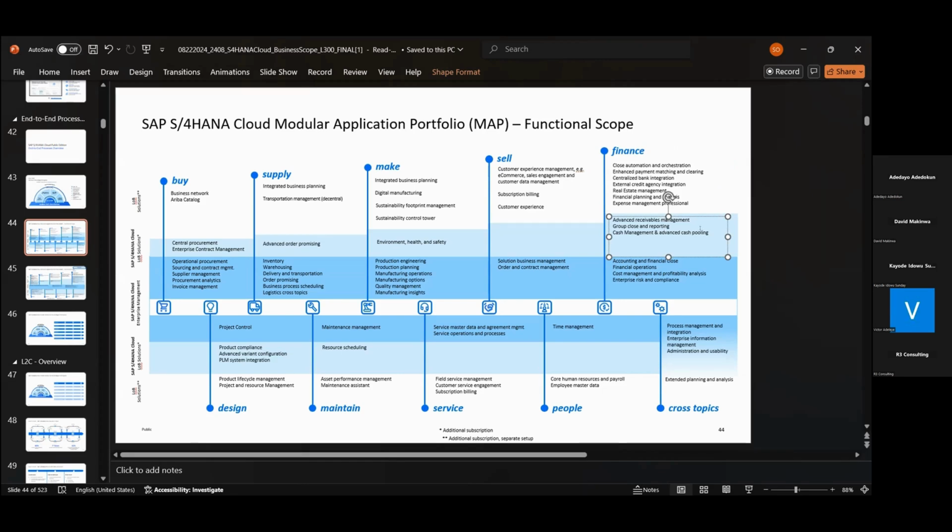So cash management and advanced cash planning, and the accounting and financial close. For some of our existing customers, at the end of the period, you want to close your records. You want to know if it's monthly, quarterly, or yearly. You want to close your records. So everything can be done in the software: the accounting and financial close, and the financial operations, which is your day-to-day operations, your sales, your procurement, receivables, payables, supplier invoices. Everything is also within finance. So, cost management and profitability analysis.